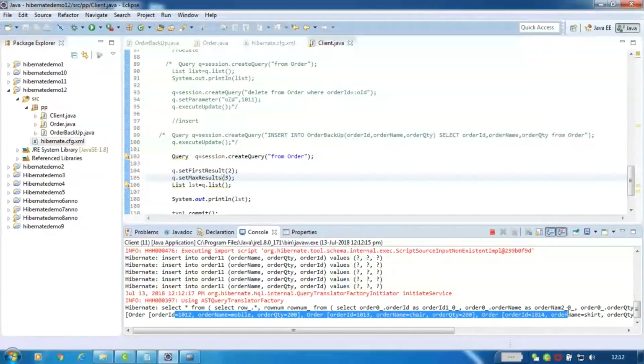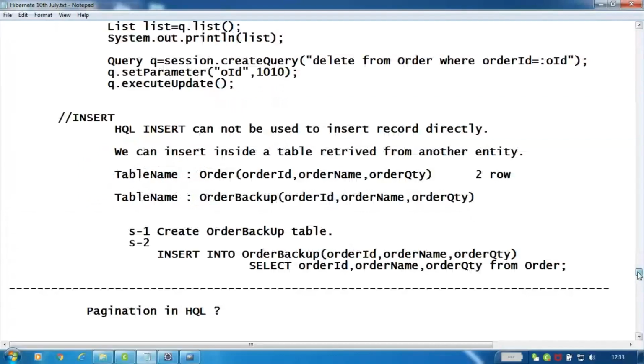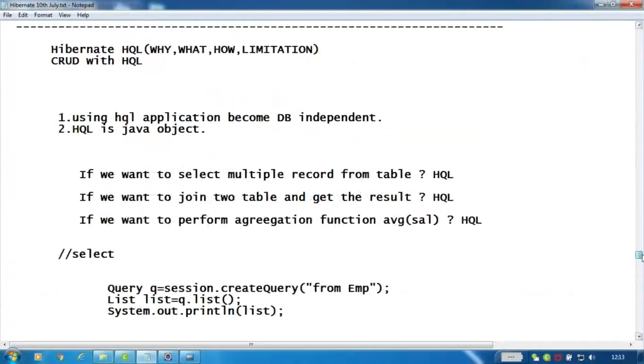Right. So this is Hibernate pagination, right? So this is HQL pagination. So these are some of the things on HQL that we talked about, right? Okay. But HQL has some limitations also. So whatever things you have done, HQL is fine, but it has also some limitations, like